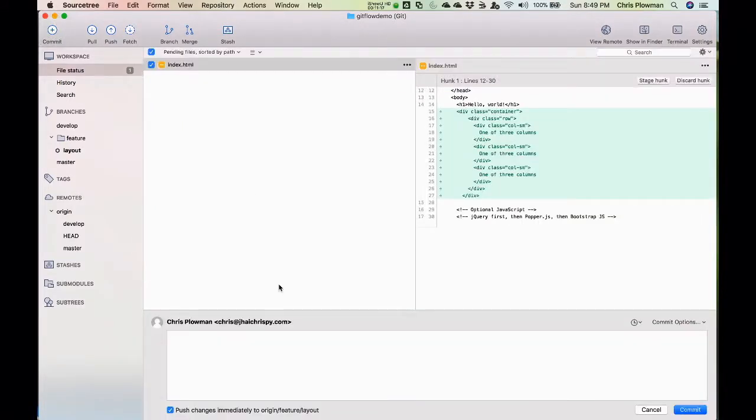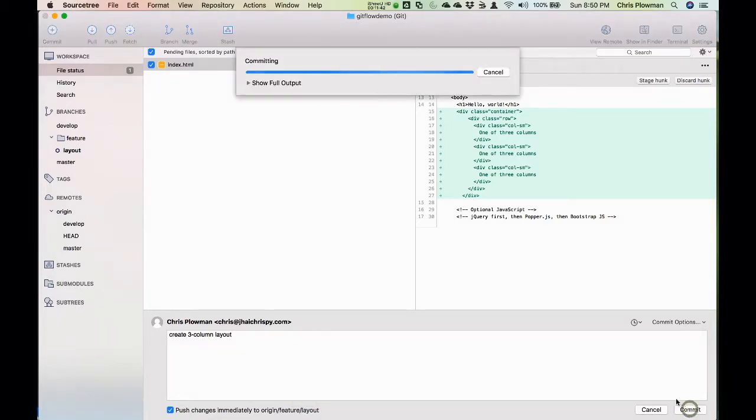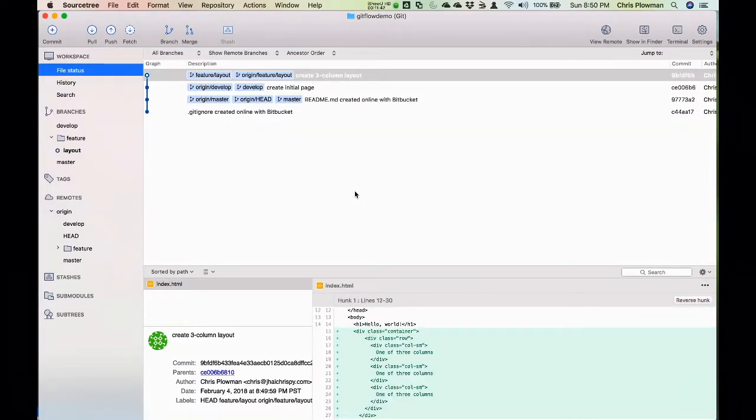And you can imagine if you're working with a team, you might want this feature branch to be accessible through your remote repository as well, so other people can get it. You can collaborate on work. So we'll create another commit message, create 3-column layout, and we'll go ahead and push that up to our remote branch as well. So now other people could access this. They could do continuous integration. We could start pulling in changes. We won't try to simulate that for this demo, but you can imagine what would happen as we continue to